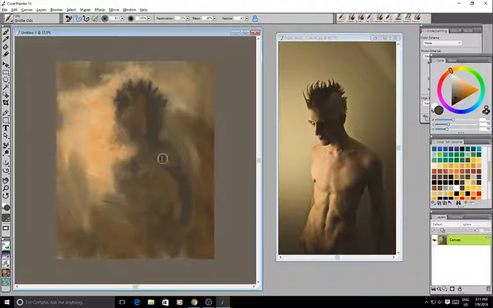So his shoulder's going to be dark like that, and he's going to get a bit lighter over here where his chest is and things like that. Follow the line along there. And then